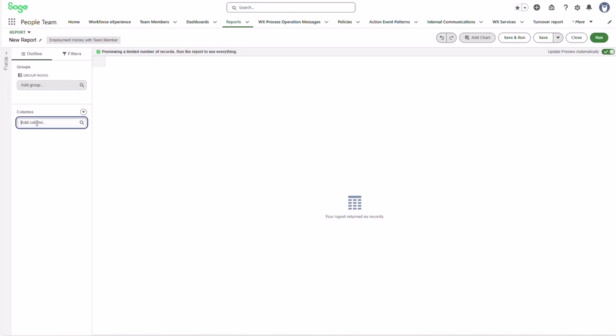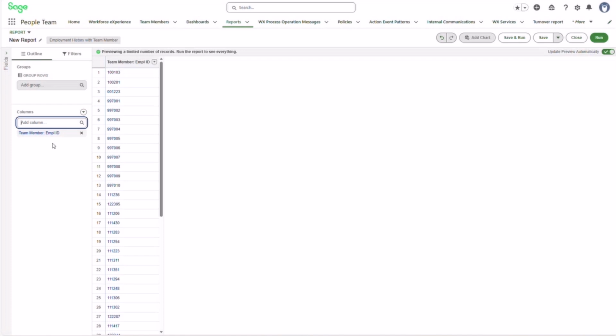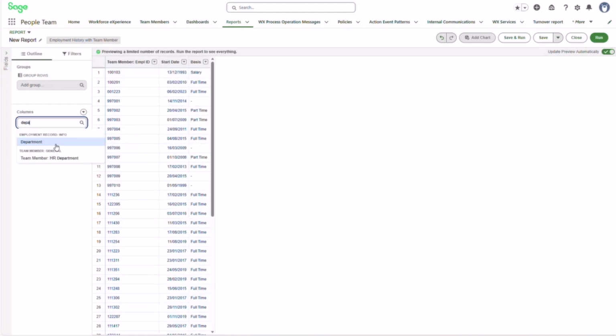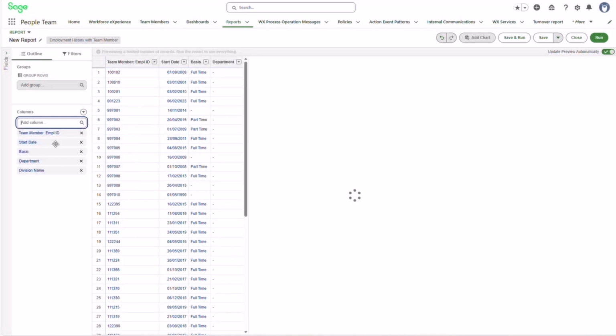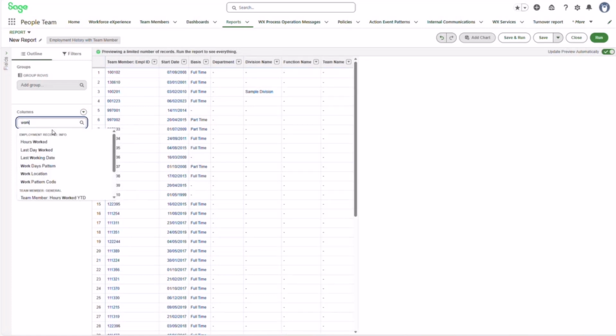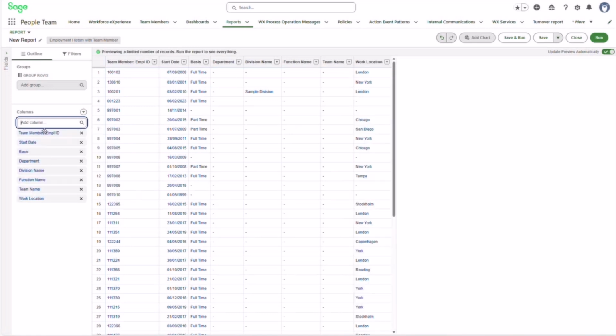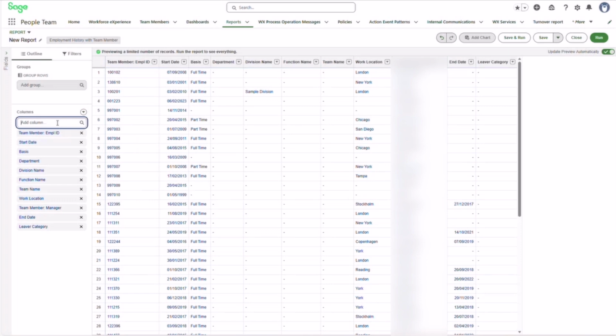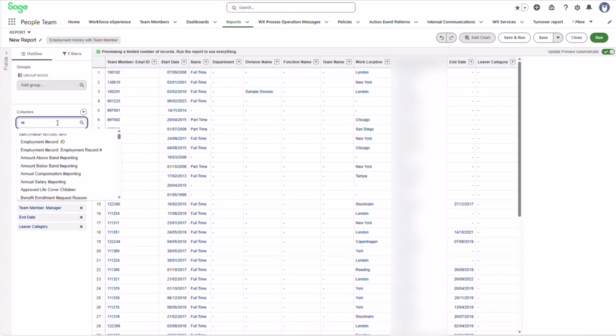The first field I want is employment ID or unique ID, whatever you call that in your organisation. Then I want start date, basis, department, division, function, team, work location, end date, which is key, leaver category, which again is probably going to be key for turnover reporting,